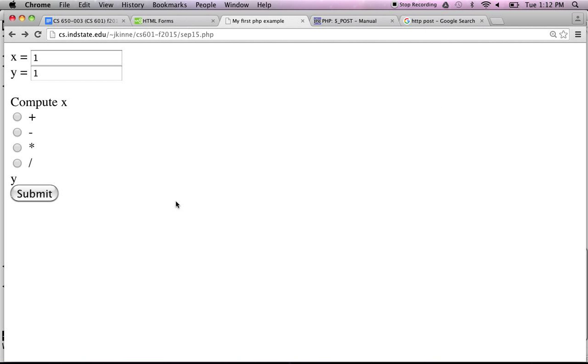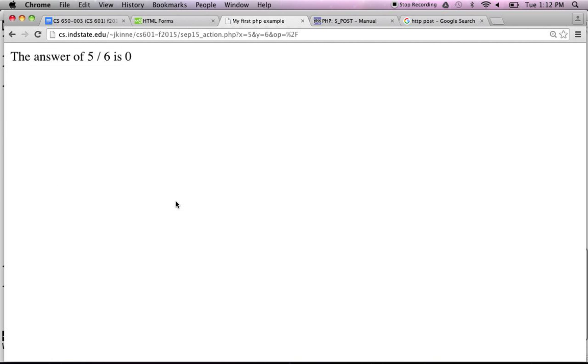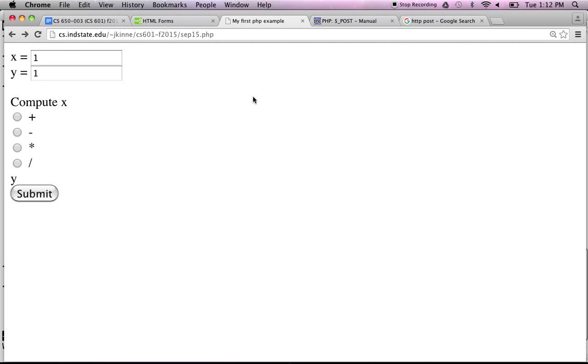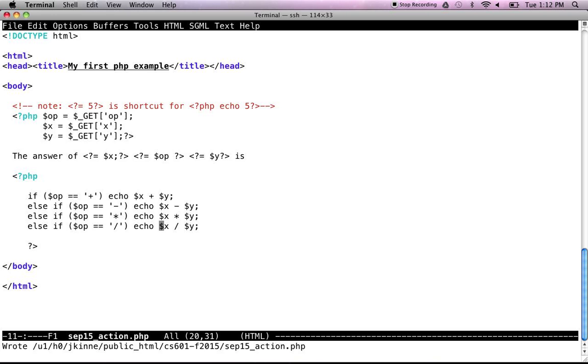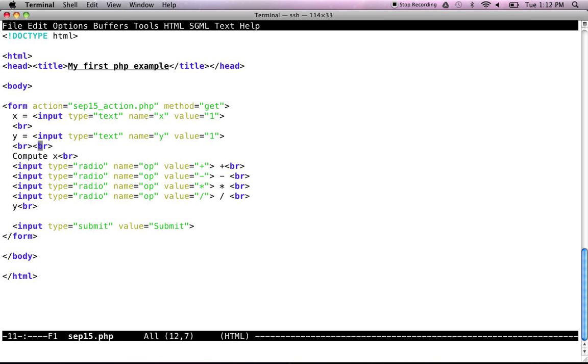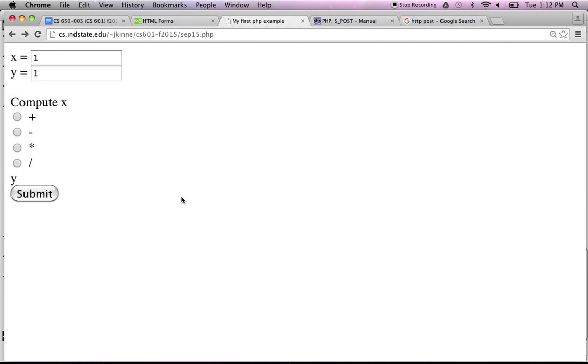So instead of having 2 separate pages, you can just make the page itself compute the answer. So what I'm suggesting is have our self process. Okay, so if I make the first page be the one that is the action, what's going to happen if I hit submit?